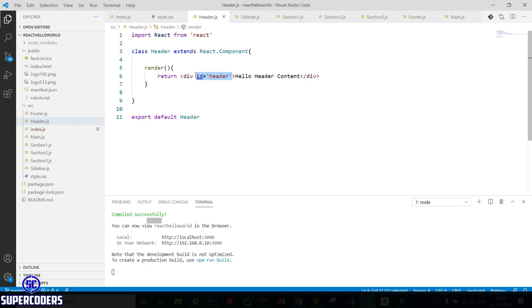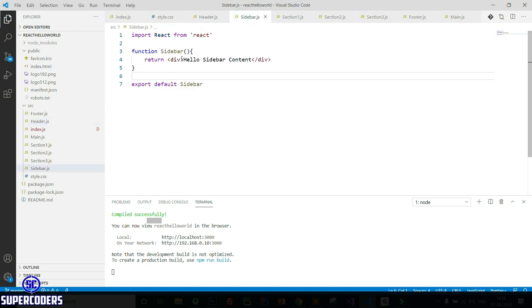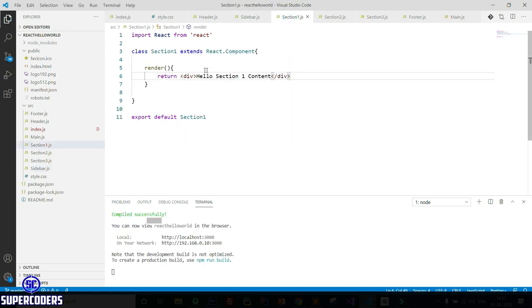Copy this and pass sidebar, section 1, section 2, section 3, footer.